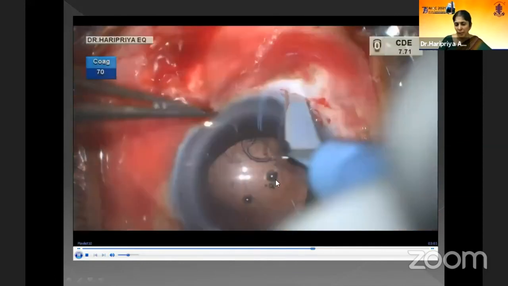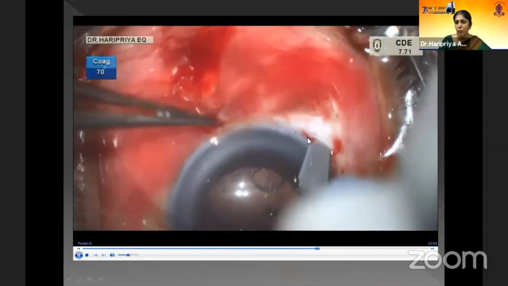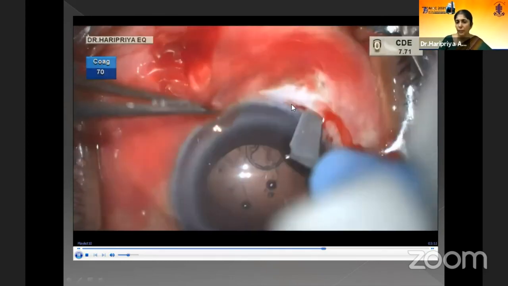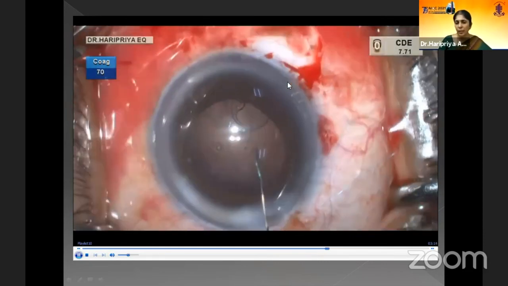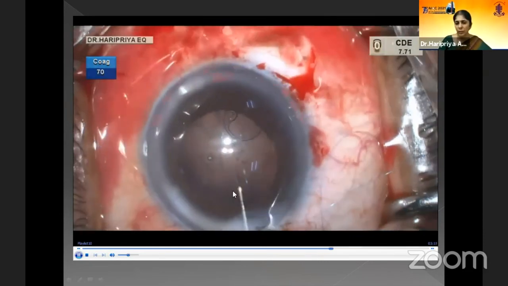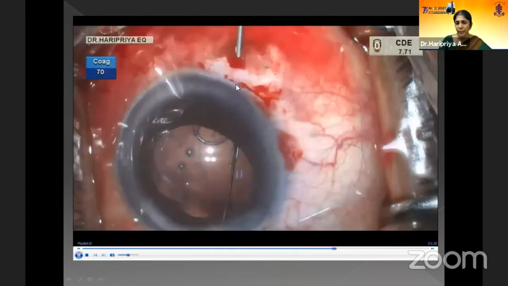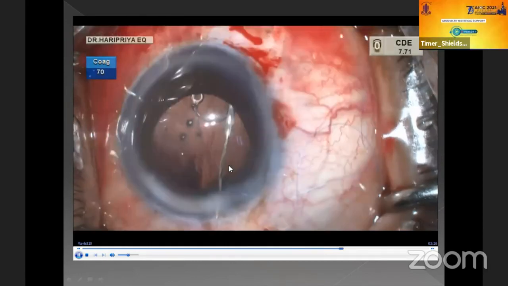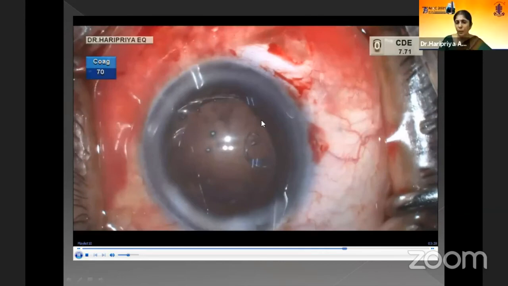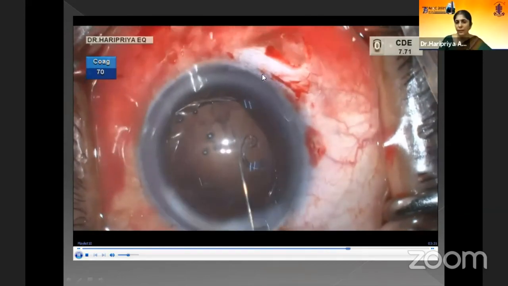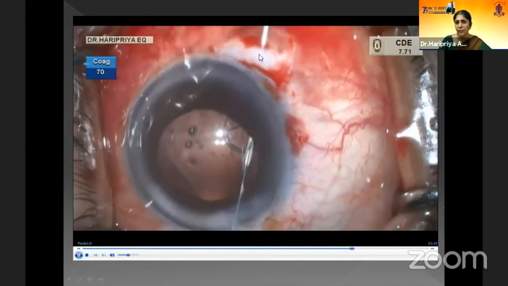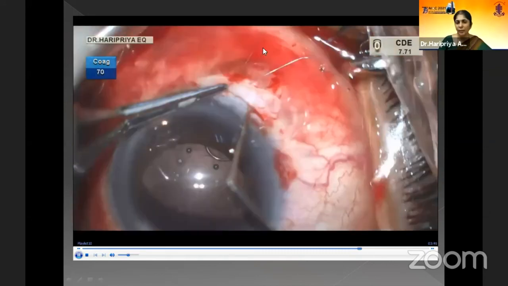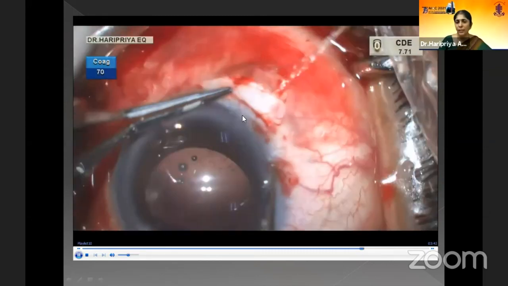So the two suture needles which are out of the wound have to now be brought out to the scleral flap. Here I am creating the Hoffman's pocket instead of a flap to create the space to tie the knot of the sutures. To fix the ring to the sclera, I'm passing a 26 gauge needle and receiving the needle through the tunnel. The second needle also will be passed in a similar fashion, about 1 millimeter from the first needle. This is about 1 millimeter from each other, and through the Hoffman's pocket, the suture is looped out.